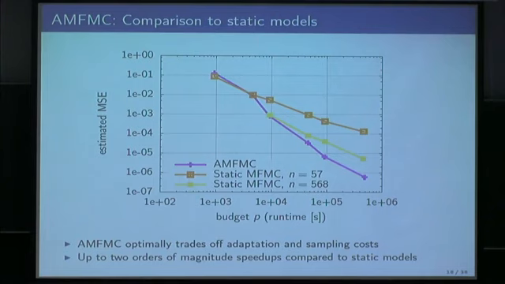And the yellow curve corresponds to static control variables where we have n about 600 evaluations of the high fidelity model. You can see in purple the AMFMC approach, which touches these curves in the beginning, but then while these are suboptimal after a while because the model is not further adapted, the AMFMC keeps adapting to the right n, and so can improve upon these static approaches.